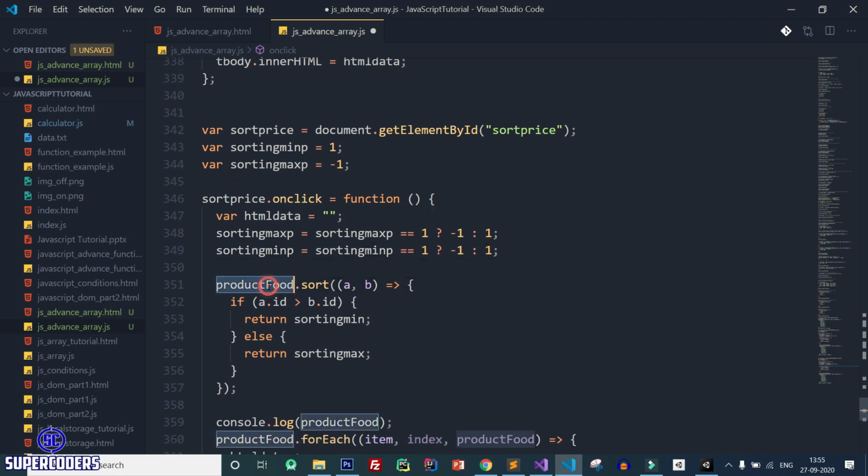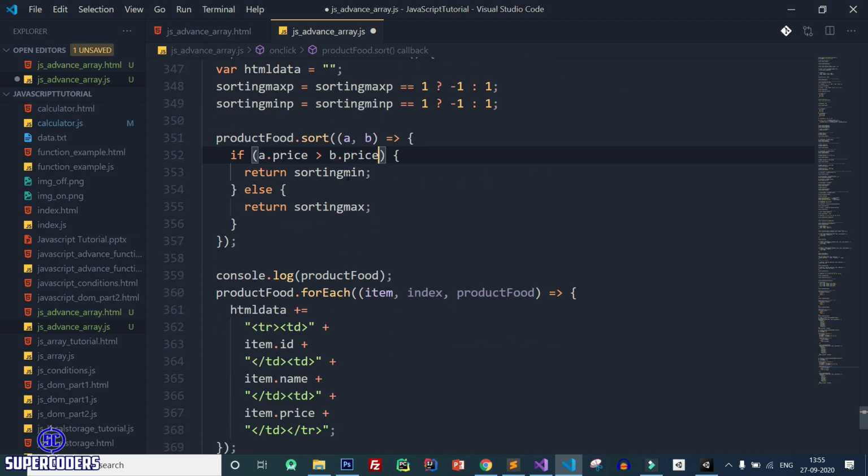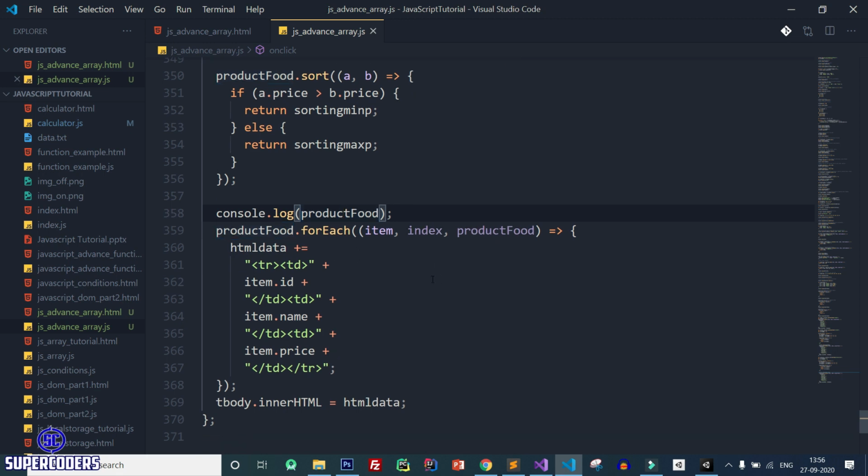Now after food product, sort A dot price, B dot price, and min P, max P. After that, save it.